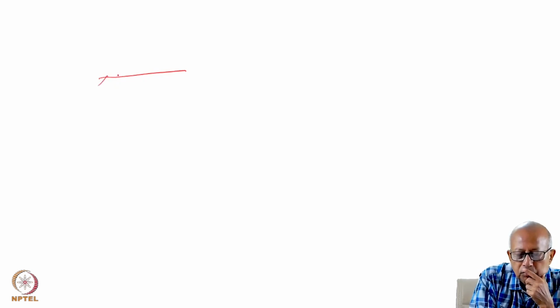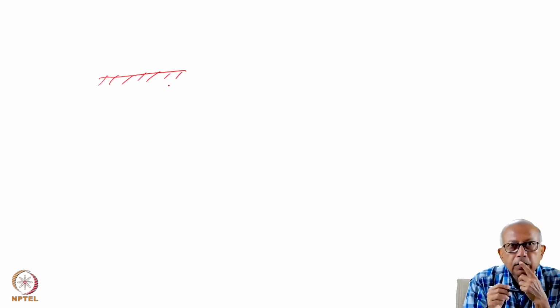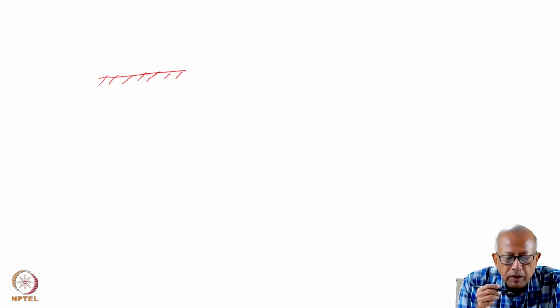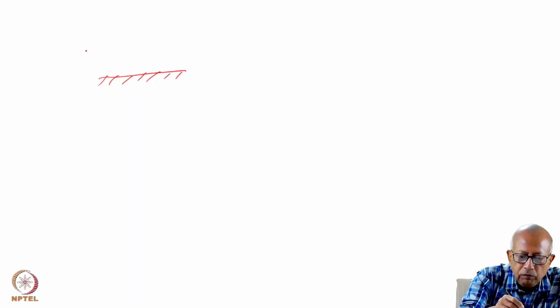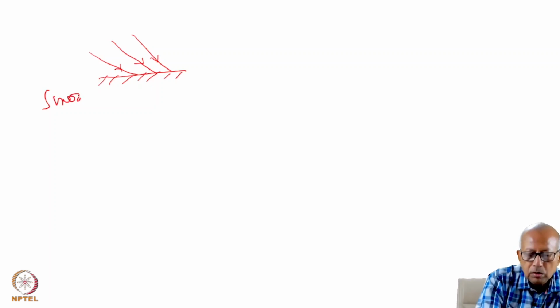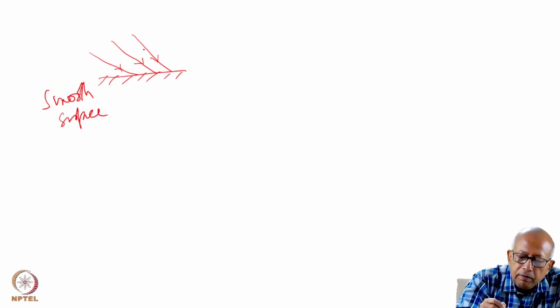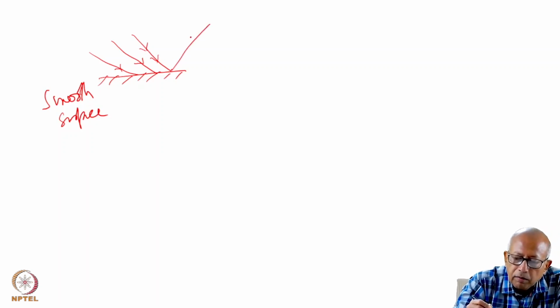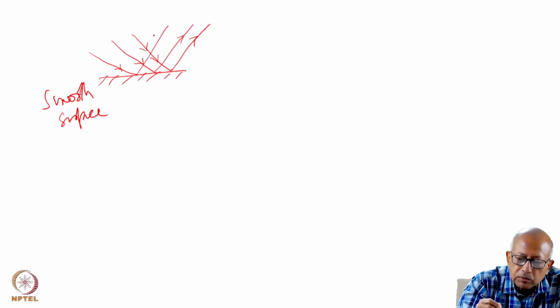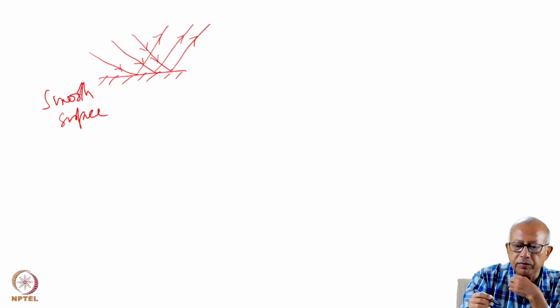One is a plain and smooth surface like that of a mirror, which we are familiar with. Say we consider a parallel beam of light which is shining on this mirror, which is a smooth reflecting surface. Then this is the incident ray and this is parallel. So for all these incident rays, there will be a corresponding parallel reflected ray.